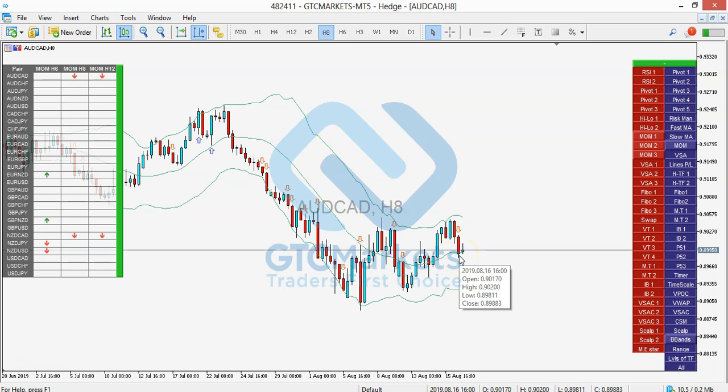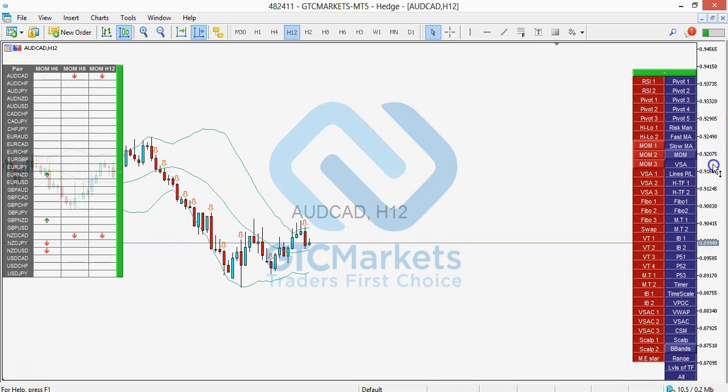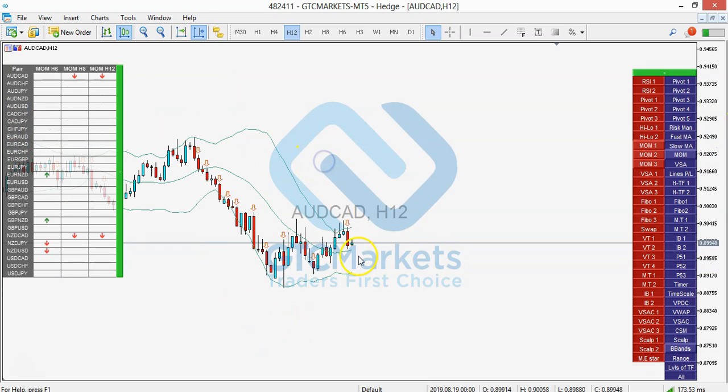But what do we have in the higher time frame? Let's go into H12 and see. This is H12. See, this candle did not close below the middle Bollinger Band, so it can mean that we still have an upward movement prevailing. So what I would love to do is draw a trend line over here,